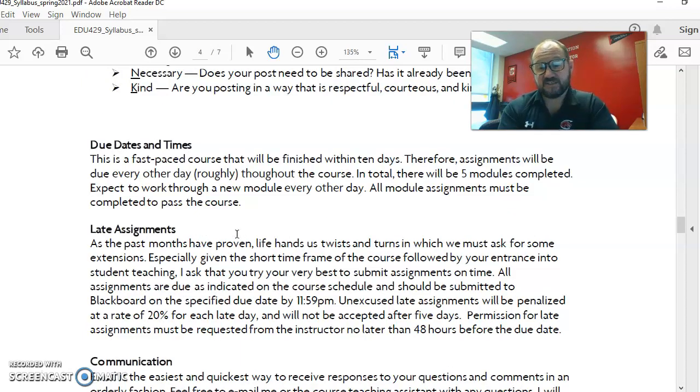There are due dates for the 5 modules. This will be roughly every other day, as mentioned. As an example, your first module will open up on January 25th, or the evening of the 24th, and will have a couple of surveys and an assignment that will be due 2 evenings later, or roughly 48 hours later, which would be January 26th. And then on January 27th, the next folder will open up and you'll start that process all over again.